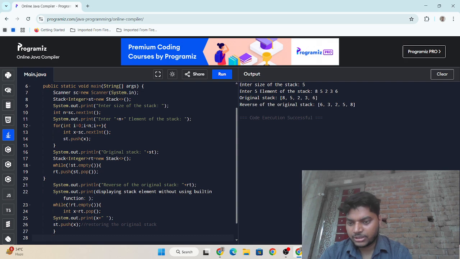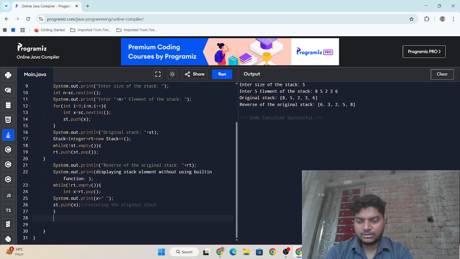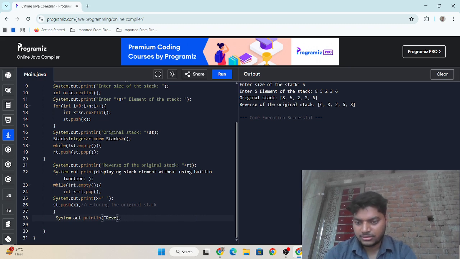It will print this, okay, and then I need to write here System.out.println, and then I need to remove all this. Restoring. Here we are restoring the original stack.